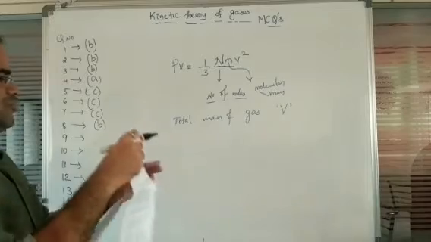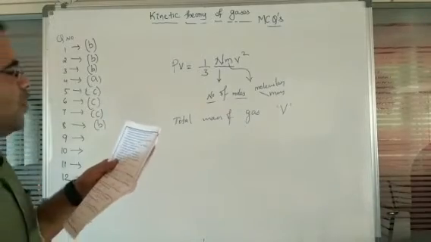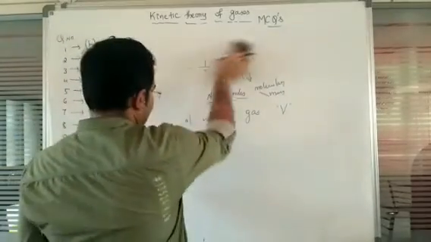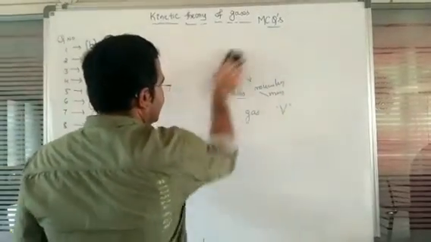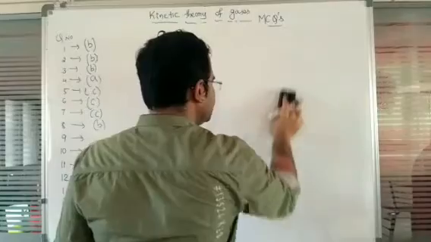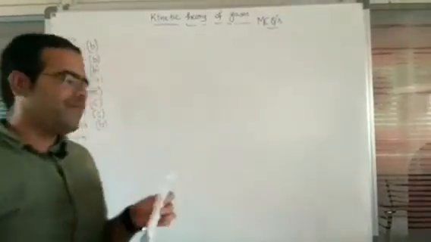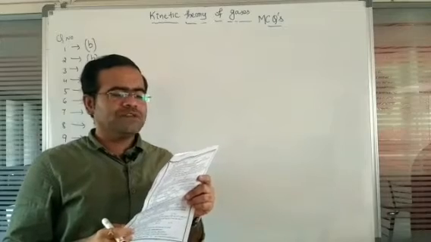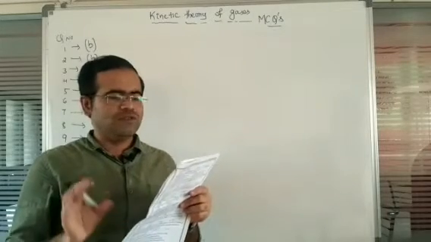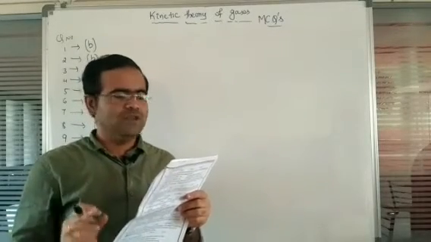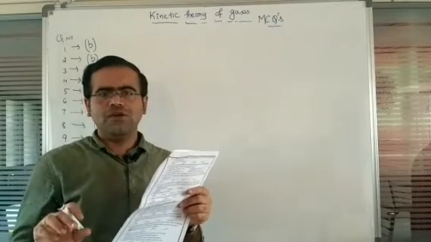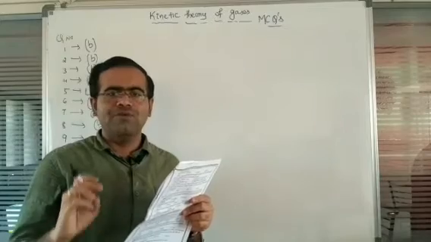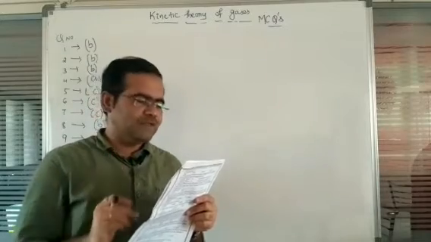Next, question number 9. Which one of the following is not an assumption of the kinetic theory of gases? We have already taken what the assumptions of the kinetic theory of gases are. In that one, the volume occupied by the molecules of a gas is negligible. So this is also an assumption, because the volume of the molecules is always very much less than the volume of the gas. So this was the first assumption.